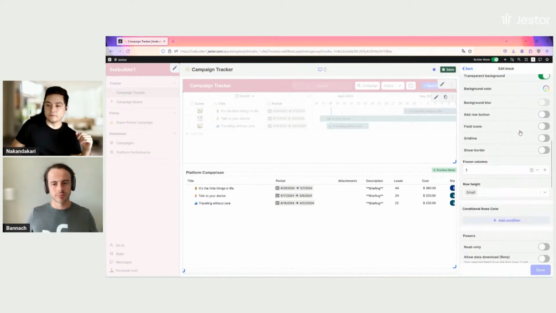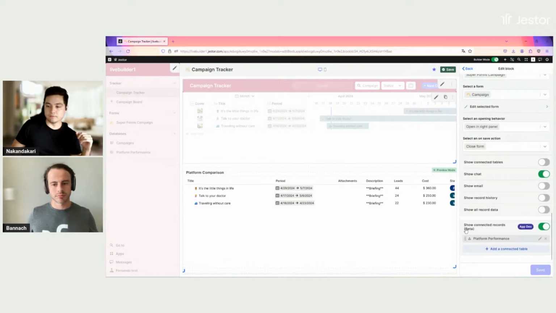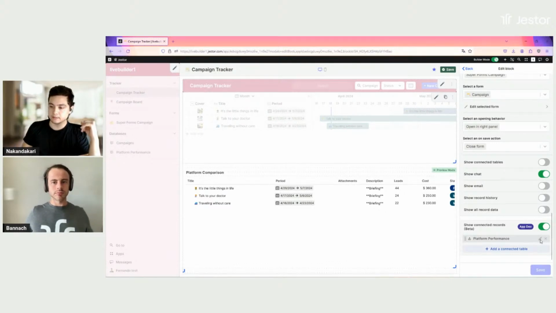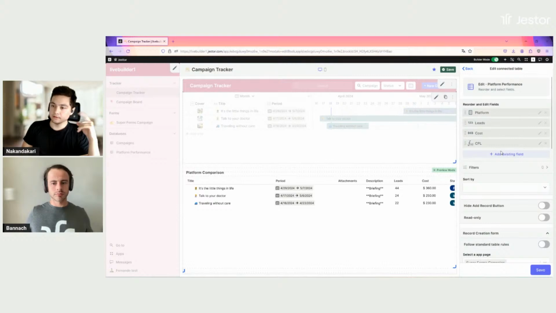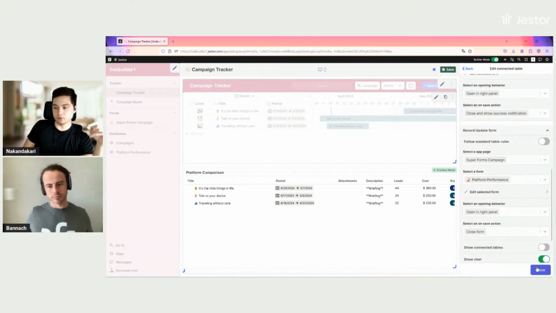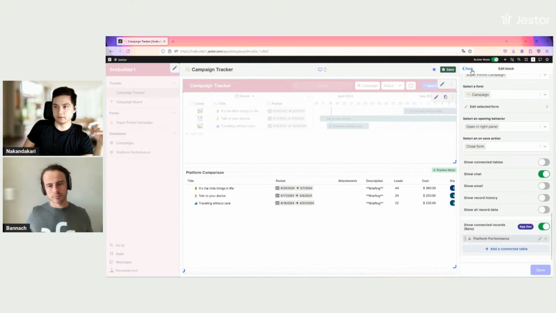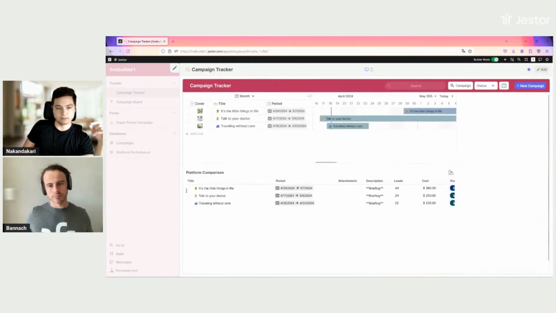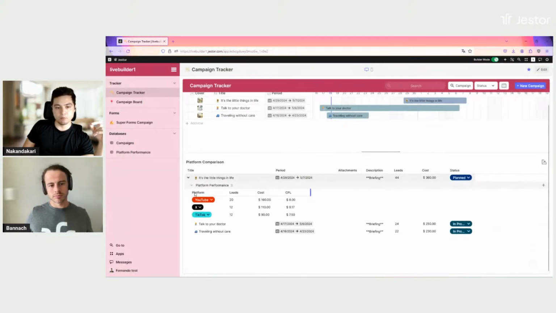And if I go down here, you can see that we have this feature, which is show connected records. Because we have this structure, right, of campaigns and platforms pointing to campaigns, what we can do here is add that specific table and say that we want to see platform, leads, cost, and cost per lead. And this is going to give me this kind of view where we can just open this and see all